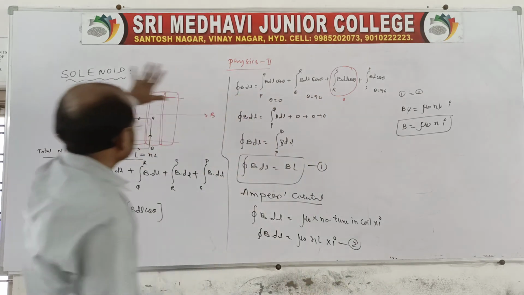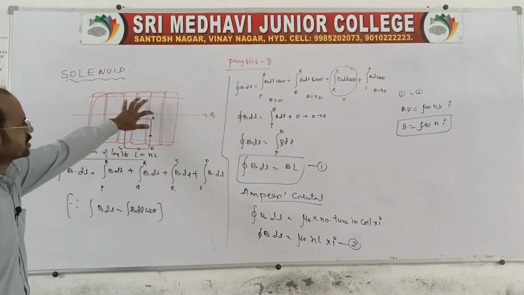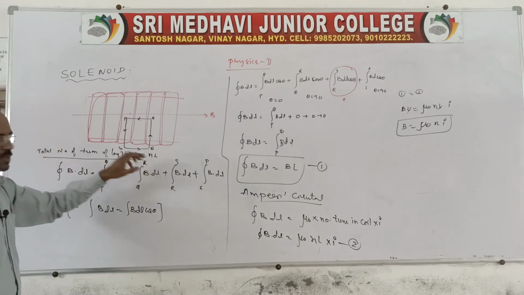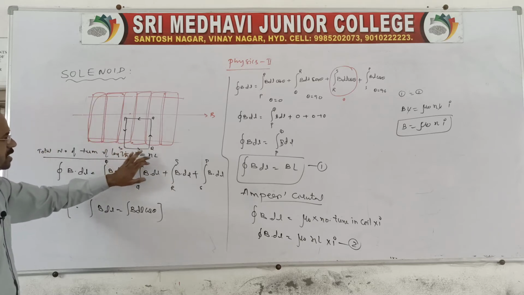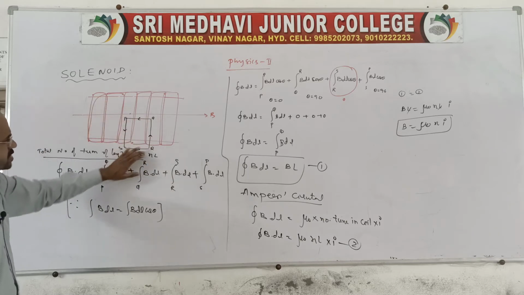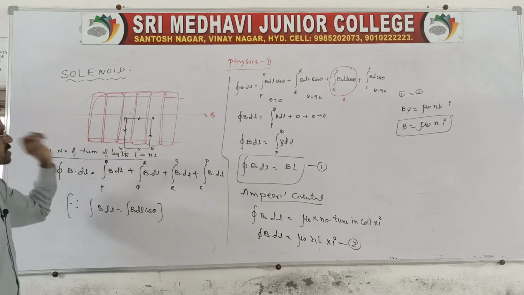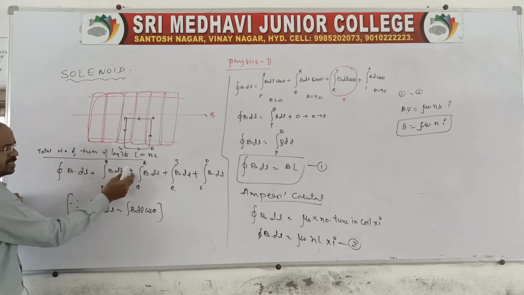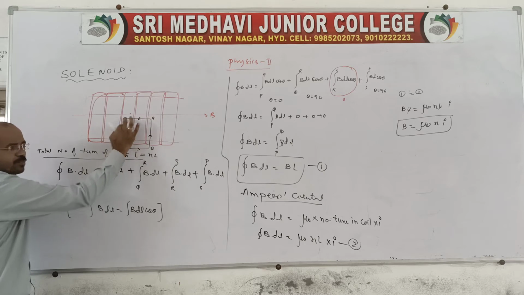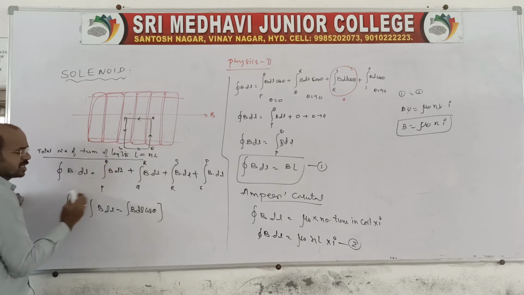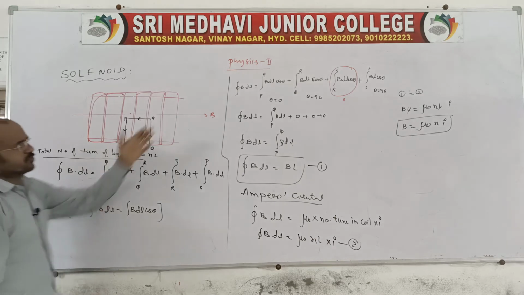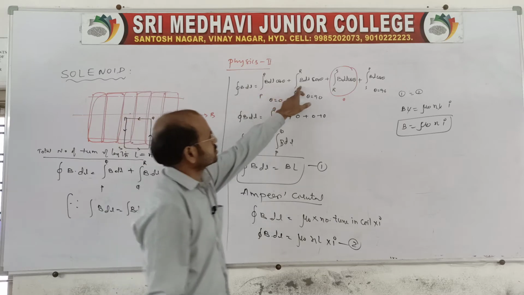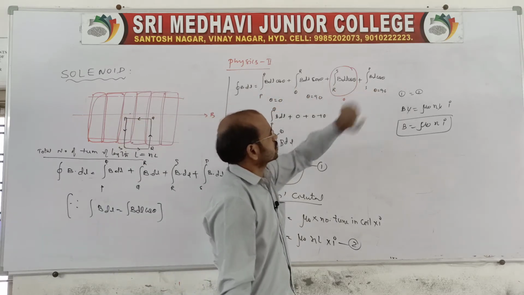Clear, no? In a given solenoid which consists of n number of turns, total number of turns of a length capital L is equal to NL. So you take one imaginary closed loop, that PQRS is the imaginary closed loop. In that closed loop, closed integral B dot dl is equal to P to Q B dot dl. Like you take each and every turn of the loop, because it is one loop, no? So that you apply Ampere's circuital law. Therefore, according to that, we are taking a derivation: individual B dl cos theta plus B dl cos theta plus B dl cos theta plus B dl cos theta.